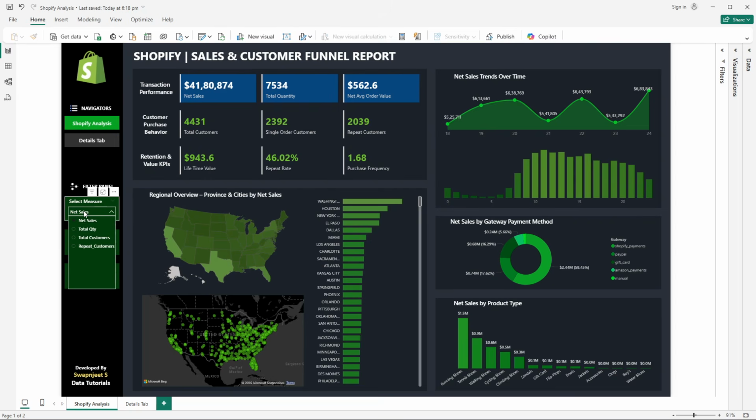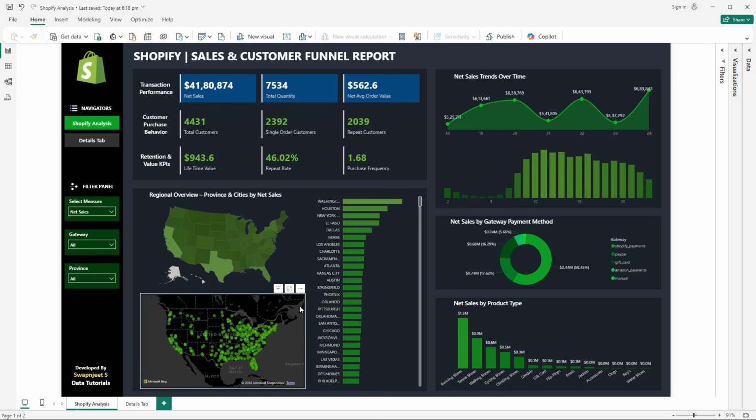So when I say net sales, we have a measure changer filter over here where you can change the measure, and based on that you can see that particular metric for these charts, right? At the high level, you can see this is for province, that is nothing but states in the United States of America. The data is for the United States of America, and based on the color saturation, you will be able to identify which are the most selling products, and in which state there are most selling quantities, and those,